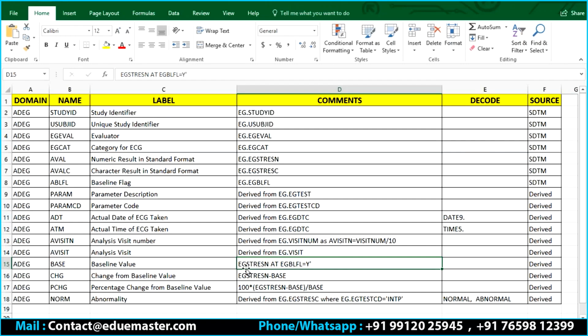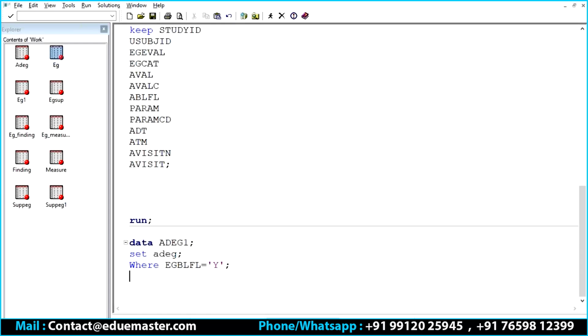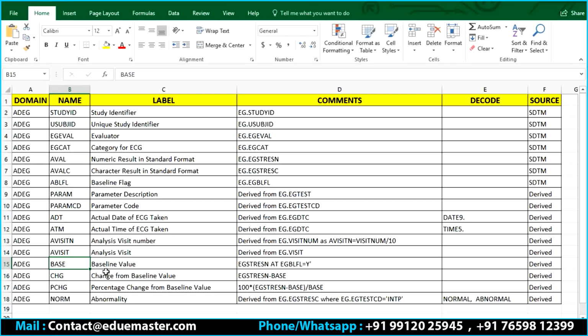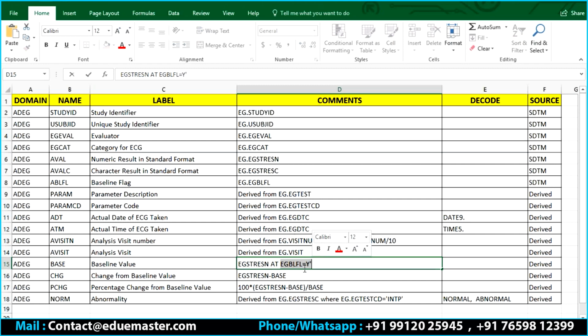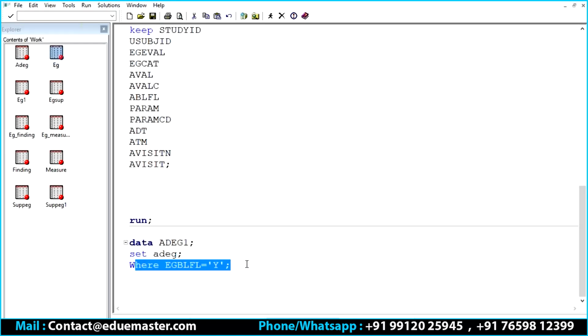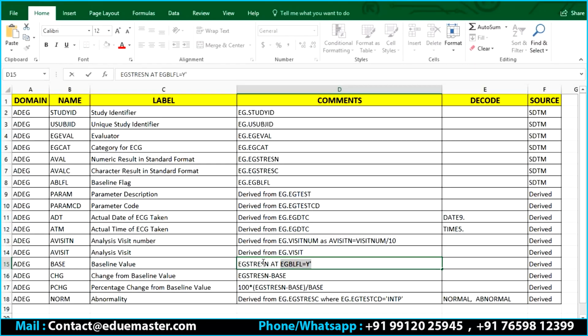And here they are saying base equals to analysis value, right? So base equals to EGSTRN where EGBLFL equals to Y. First we have written the condition where baseline flag equals to Y, there base value equals to EGSTRN,